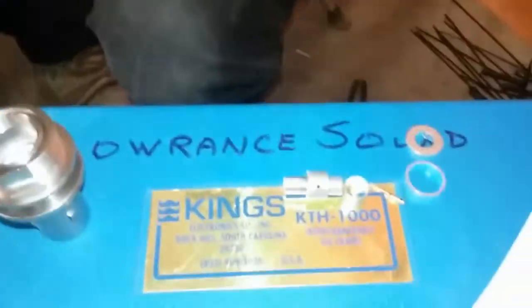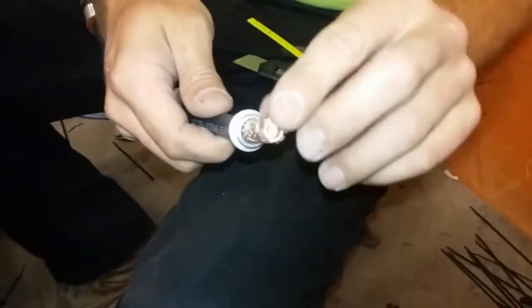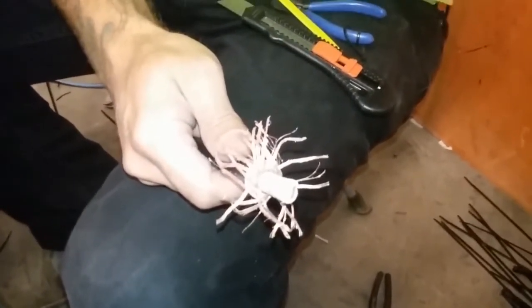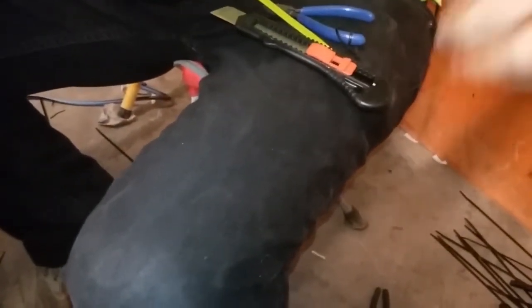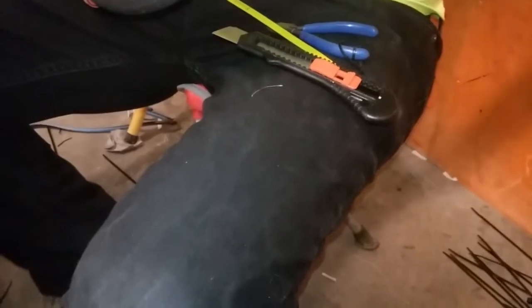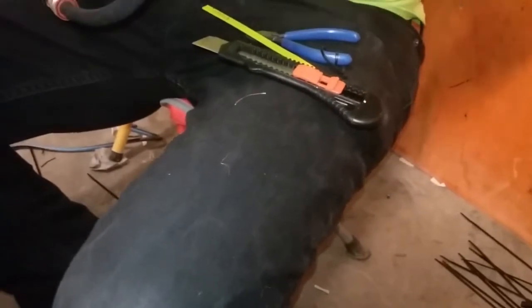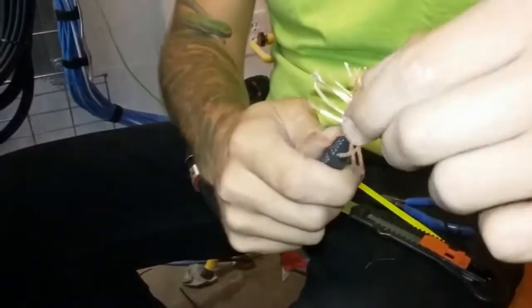The next two parts to go on are the actual, I don't know what you call that. What have we been calling that, Ben? It's the ground piece. Yeah, I can't remember what it's called. It's on that page. I've sat there and been saying it over and over. Essentially all it is is a sleeve and a...